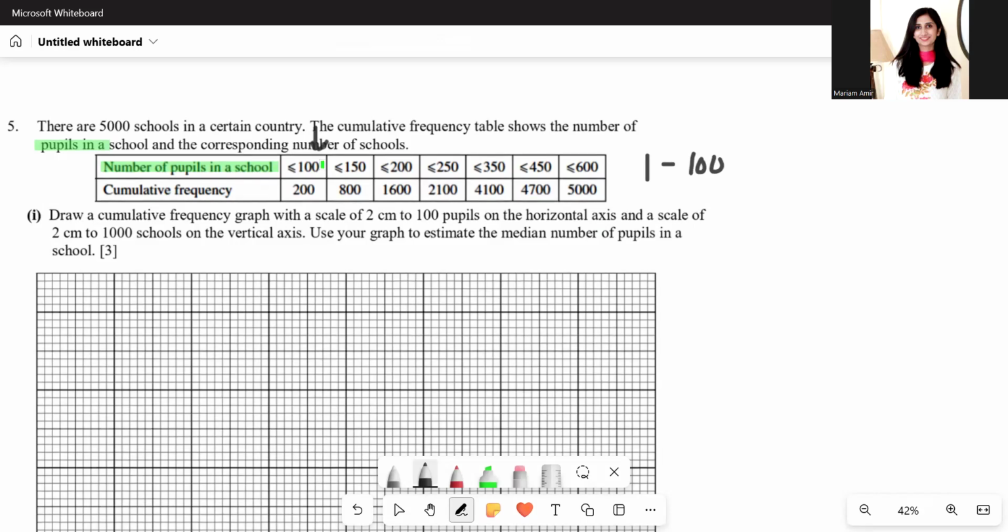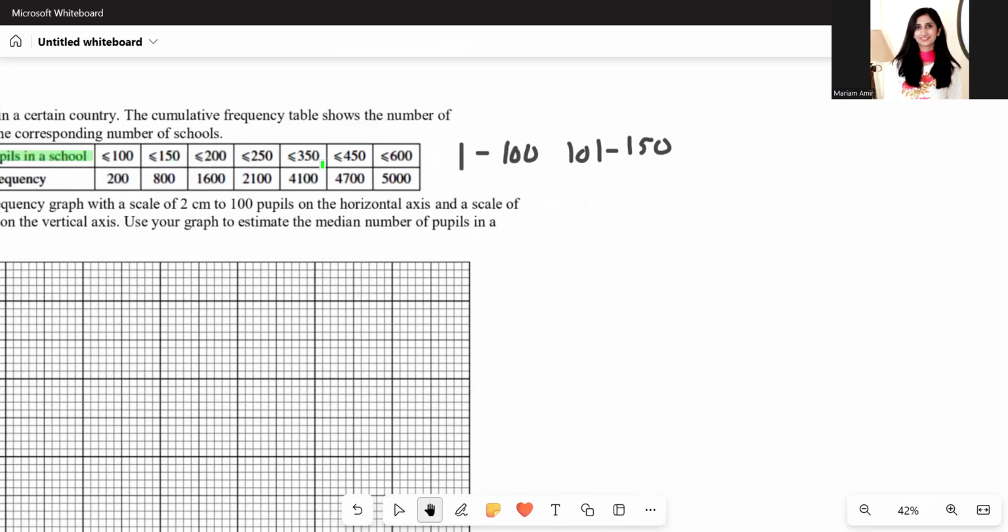For the next group, you can't start with 100 because this is discrete data. You will start with 101. And the next group goes from 101 to 150. So 150. Next one starts from 151. So we notice that we have gaps in the data. So we need to apply continuity correction first, like the previous question. The next one will be 151, 200, then 201 till 250, then